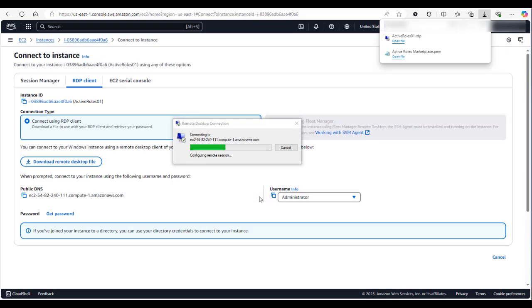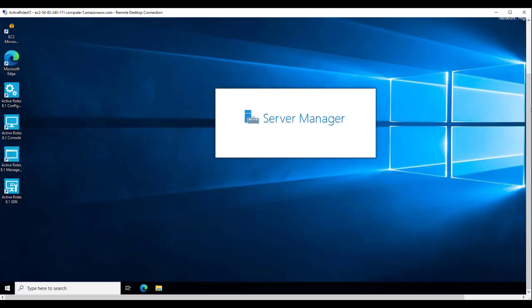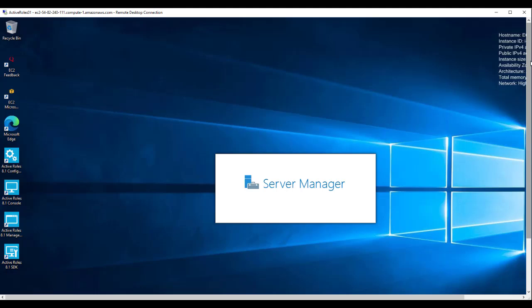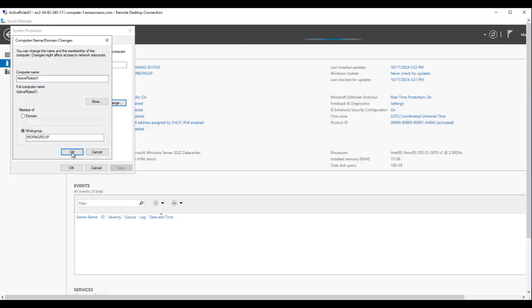First order of business when connecting to the server for the first time is to rename it. We will provide the same name that was given to it in the EC2 console. This will require a reboot.